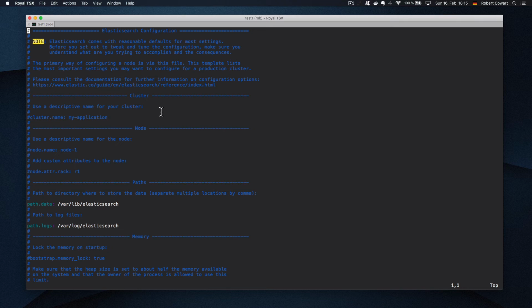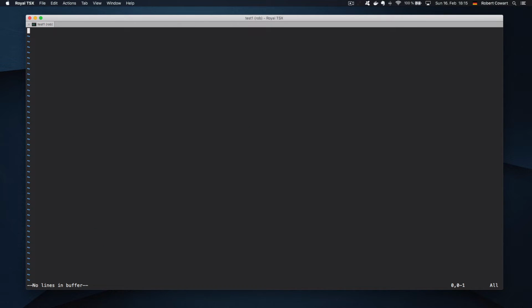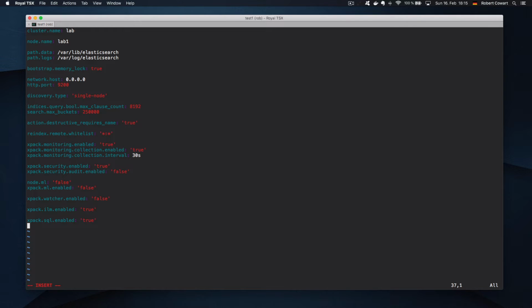Elasticsearch will use the defaults for any setting that is not included in the elasticsearch.yml file. However, I like to be a little bit more explicit with some settings. So in addition to some that are going to be required, I'm also going to set a few things explicitly, even though they're really just using the default values. So let's go ahead and edit the file. And I'm going to go ahead and paste in the settings,